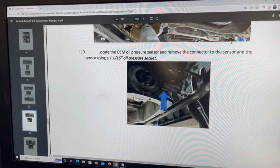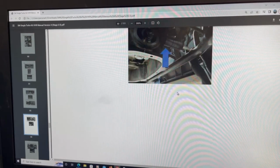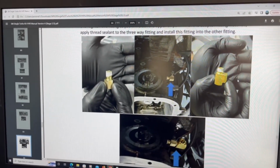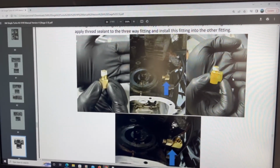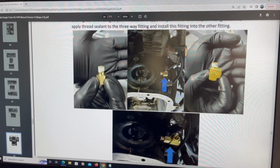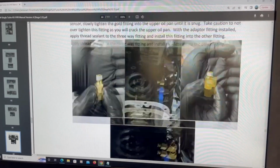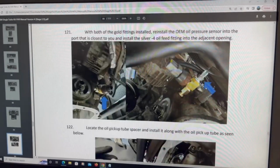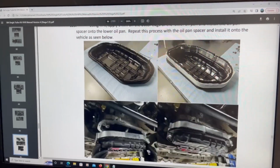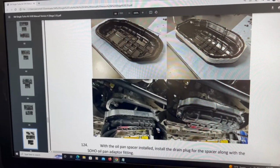And then proceed by taking the oil sensor, the pressure sensor out. Take the pressure sensor out of there, and then you're going to use the splitter that comes in the kit, because you're going to be sending oil to the turbos, so they want you to get this thing installed. I'm going to skip all the way to the oil pan to show you exactly what I'm about to do. This is the step where I'm at right here, and if you go over to my workbench over here,